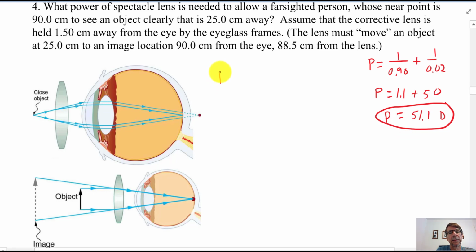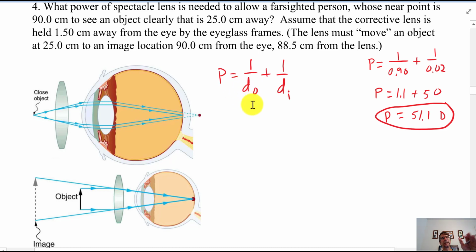P equals 1 over d sub O plus 1 over d sub I. So this equation, though, has to apply to the lens, not to the eyeball. Here, the diagram will help us at the bottom. In the previous problem, when we were correcting for the nearsightedness, the actual object that we're looking at, that tree, was infinitely far out. So whenever you're doing a correction for that with a diverging lens, you will put in